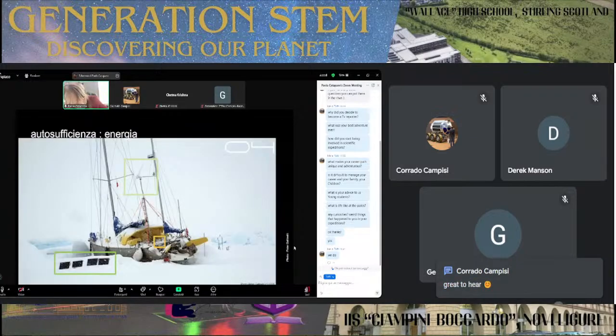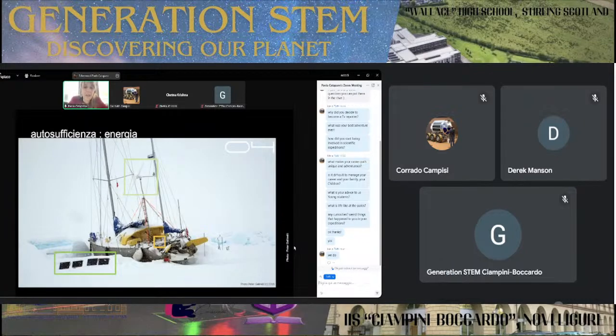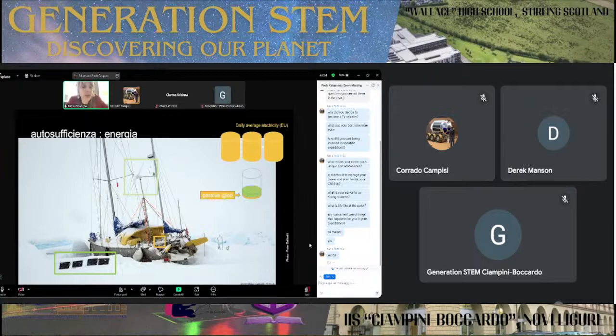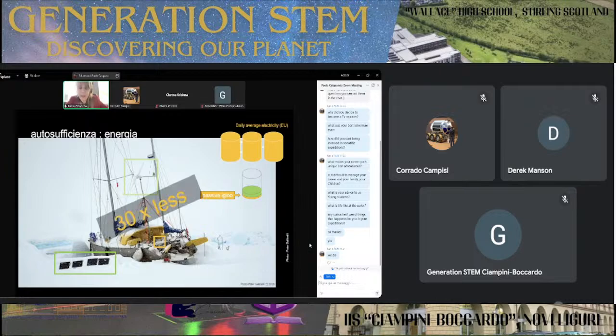This is a boat that has solar panels and a wind power plant on board. It could survive 8 months in Greenland, including in winter, by itself, with the means of the boat, with minus 47 outside. And on every sailboat, you need to save and ration your resources, in particular if you are in the wild like this. So on our passive igloo, which is the Nanook, we consumed 30 times less water, energy, food, everything than we consume at home. And we did not feel uncomfortable.